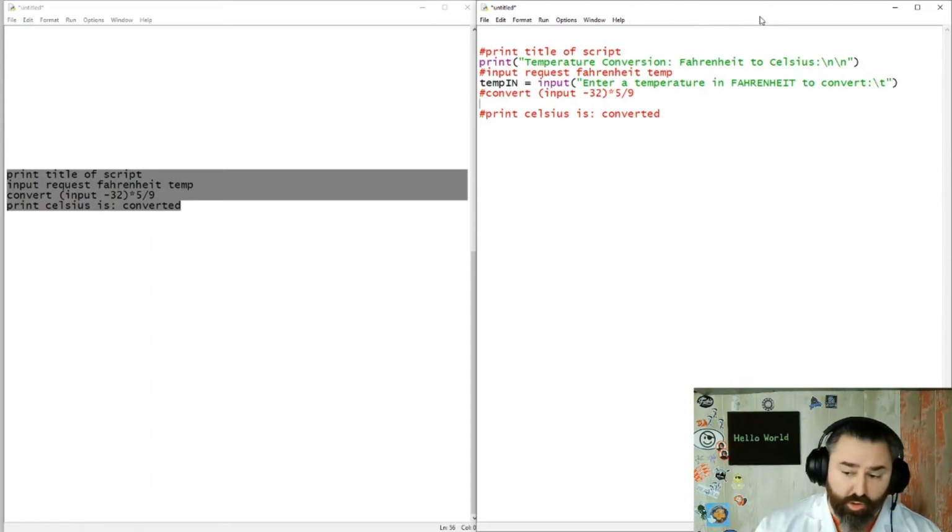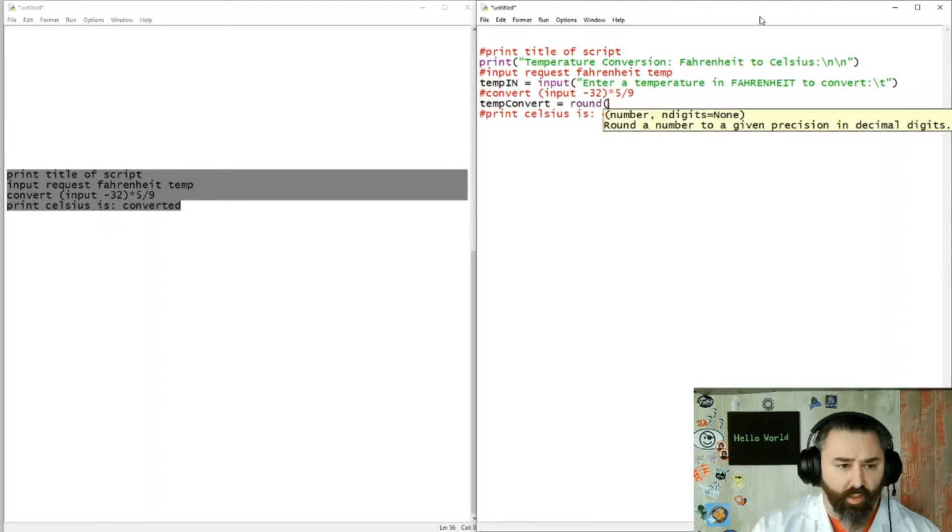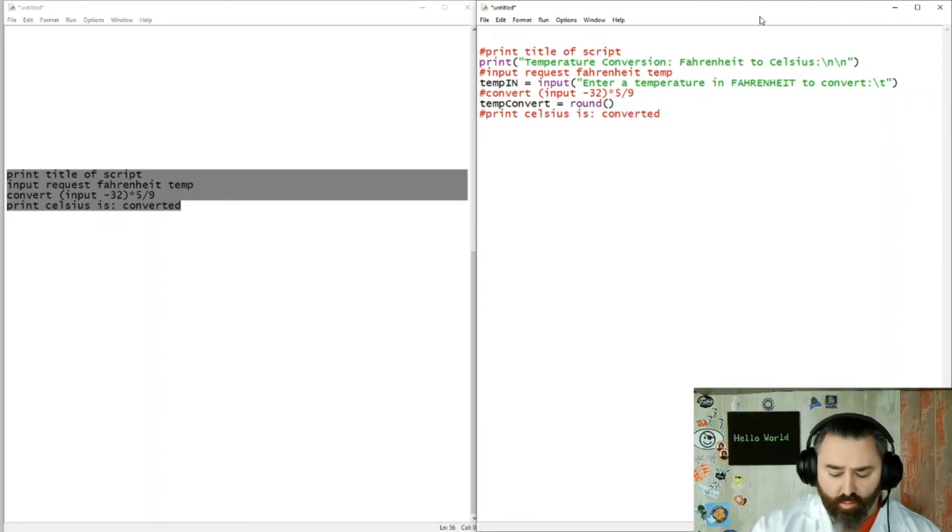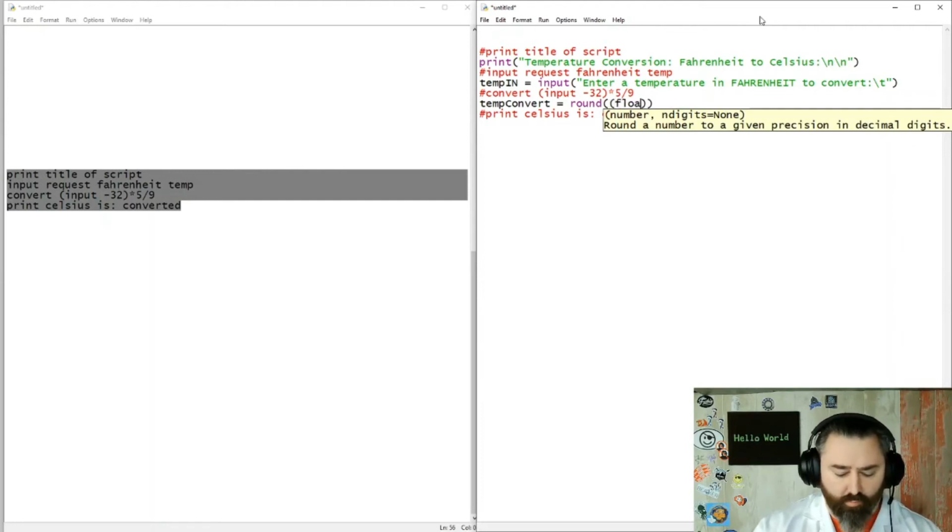And now we're going to do our conversion, right? So now we're going to temp convert. We're going to convert this sucker. And we'll say equals, let's see, around this. We're going to do a float here. And the way I type, hey, it's the way I type, deal with it. You may type quicker, slower. What do we name that? Temp in. Temp in, it's no big deal, right? The important thing is the end state.